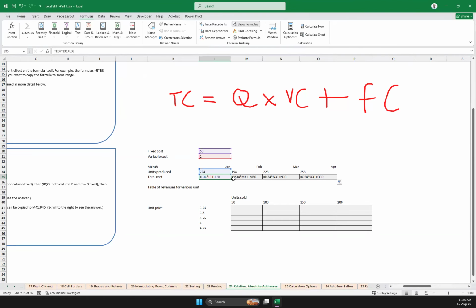But actually, I just want to change this month, the units produced per month, not the variable cost or the fixed cost. Therefore, here I need to make sure that L34 is this, L34, and the remaining L31 has to be fixed. Therefore, I'm going to press F4 on this, then make it absolute referencing. And the fixed cost also absolute. And then I can press enter. Now, if I drag this